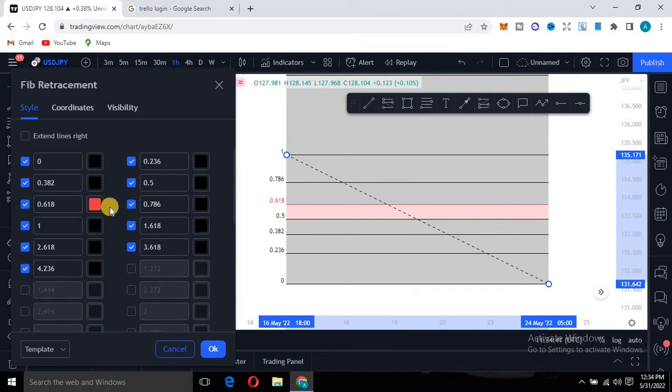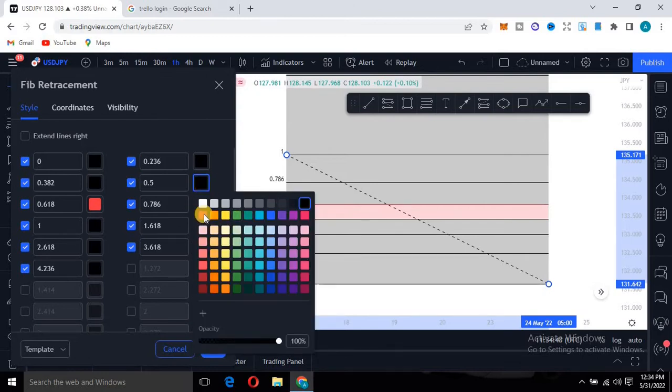Then the next thing now, I'm going to change another one, which is 0.5. 0.5 is here. I'm going to click on it. That one, I'll also change it to red as well. Then the next thing I'm going to do is that I'm going to change